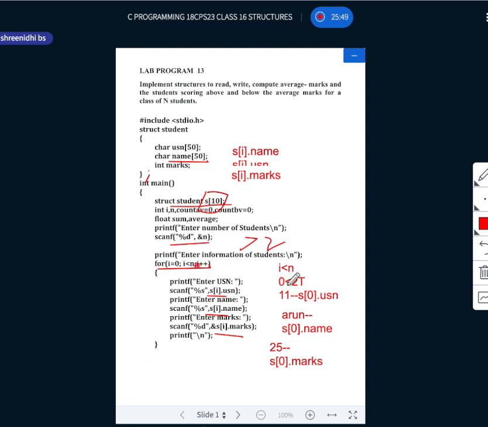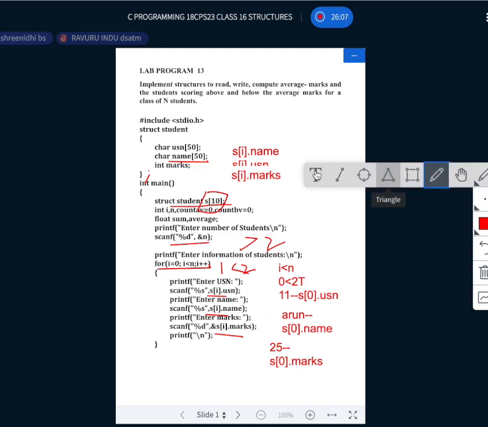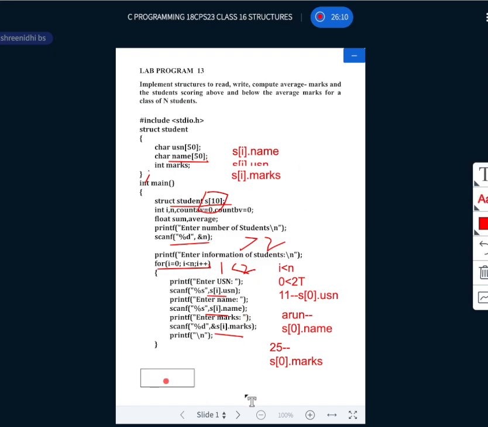Next, increment the value. Next, i will become 1. So 1 is less than 2. So again I'll enter 3 data. I'll enter 22, I'll enter RAW, I'll enter 24. Got it? 22 will be my USN number, RAW will be the name, and 24 will be the marks.